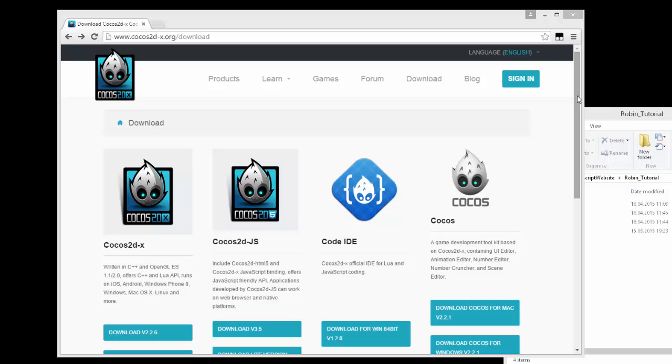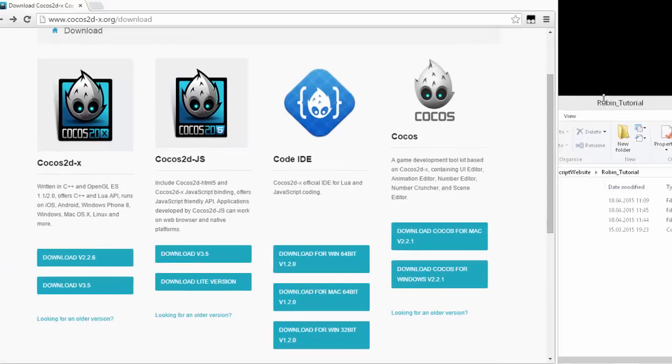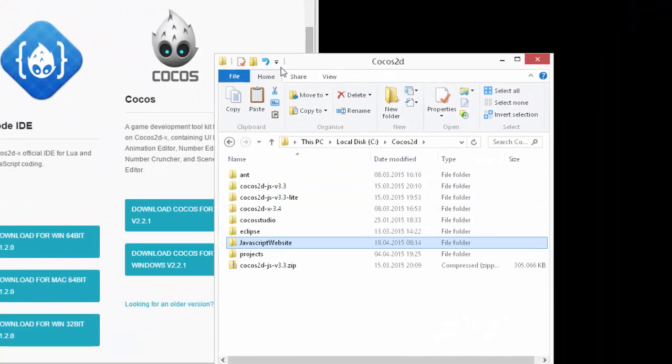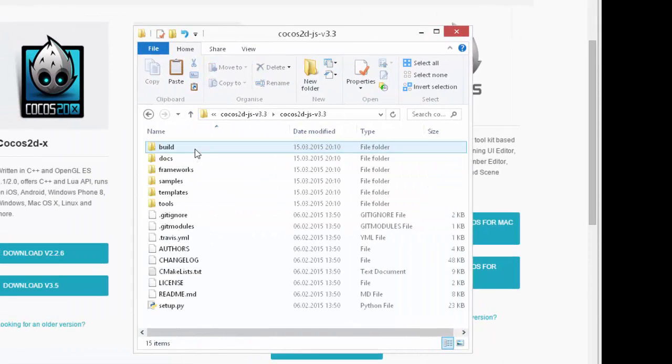But there's going to be a but with this. There are two versions of Cocos2dJS. One is the full version, it's at the moment 3.5, I've got 3.3, and there's the Lite version. And the difference is, if I just navigate to the folder with Cocos2d here, where I've downloaded version 3.3, here